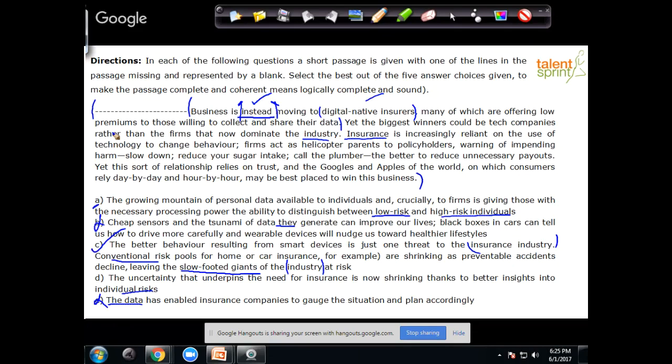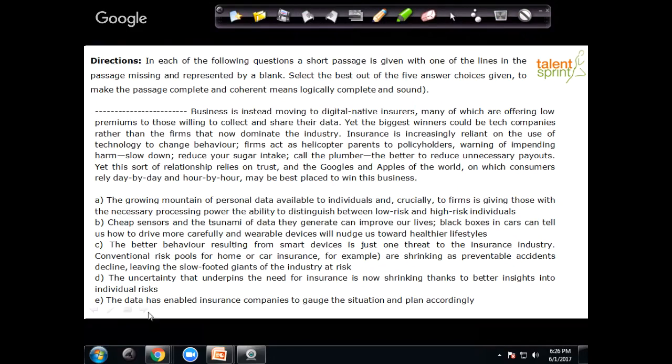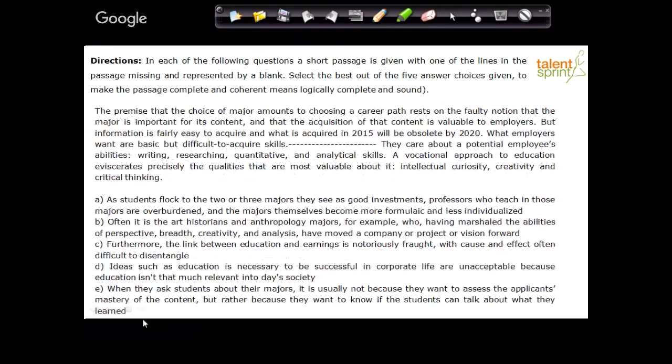Okay. Since nobody came back with any question, I'm just going to move forward. Next one also is a paragraph completion question, but instead of the first topic sentence, this one comes somewhere in the middle. Even easier if you ask me. But let's quickly look at it and figure out what it is.